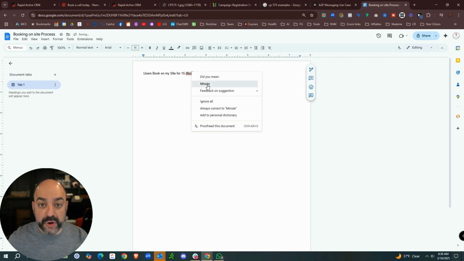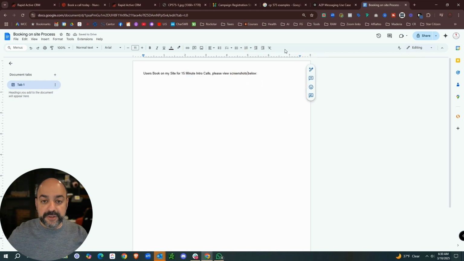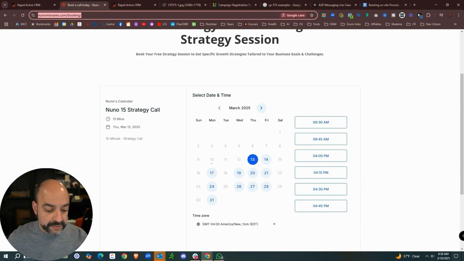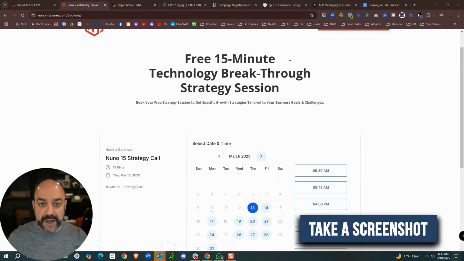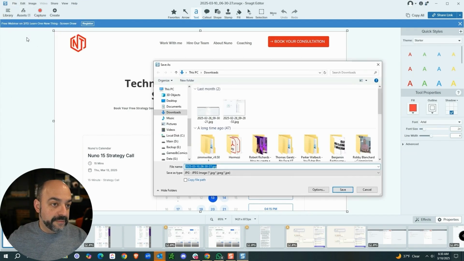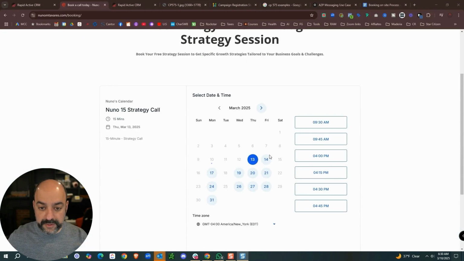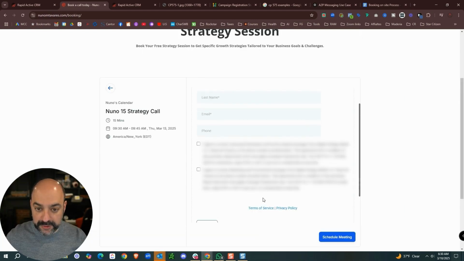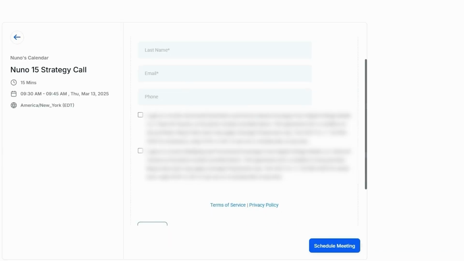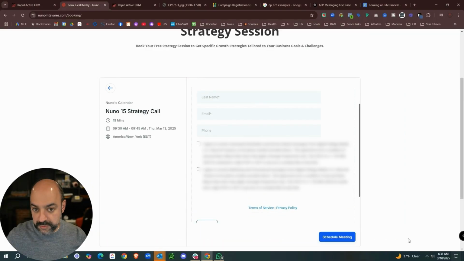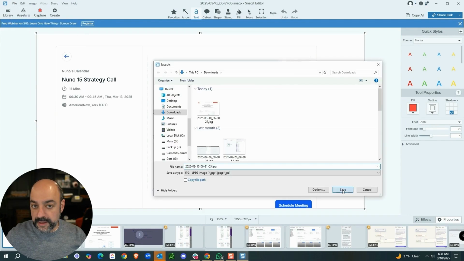Because I want to show them that exploring around, like I said, that sometimes they do, I can go ahead and show them. I'll use Snagit or whatever, just take little screenshots and show them. I'll save that. And I'll take another one where I actually book an appointment because I want to show them the form. So they can see that the terms and service are there, that the phone number is not required, all the stuff that I need in order to pass. So I'm going to take another one, and I'm also going to save that one. I'm not taking any chances.